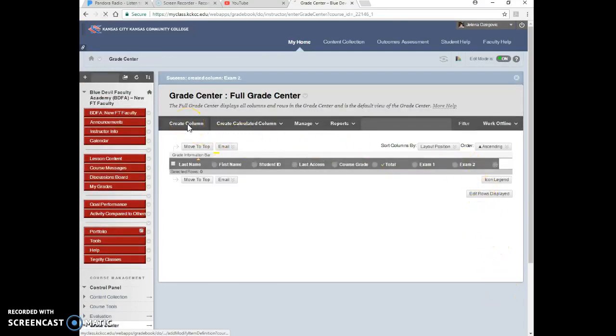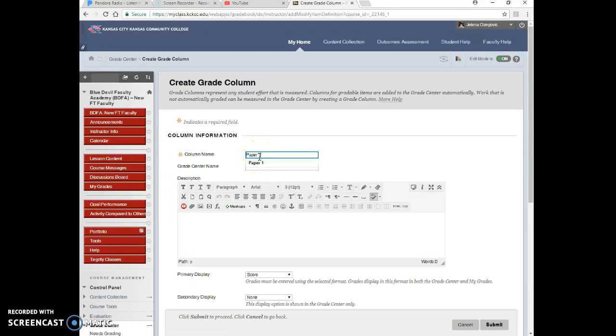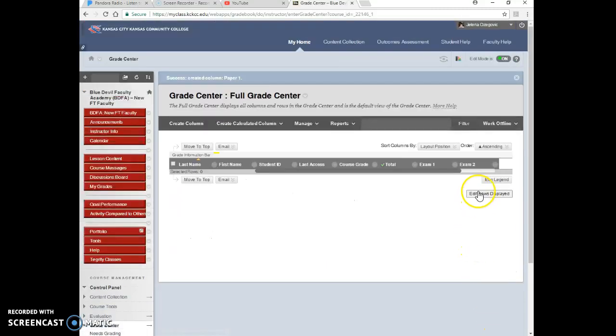Now I can create another column, for example, for a writing assignment. Let's say paper 1. This again needs to go in the writing assignments category. Let's say I'm going to make it a 40-point paper. And here, if you want to add a rubric, there's another video on how to do that. I would highly recommend that. It makes grading much easier. But that's basically it. Once you do that, you will have a total score in the course grade, and